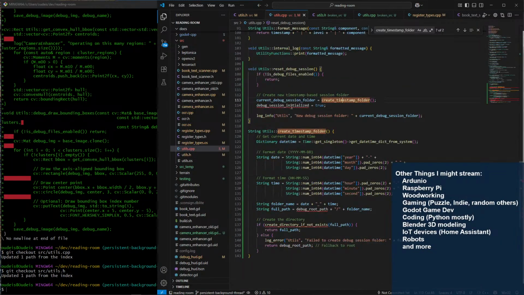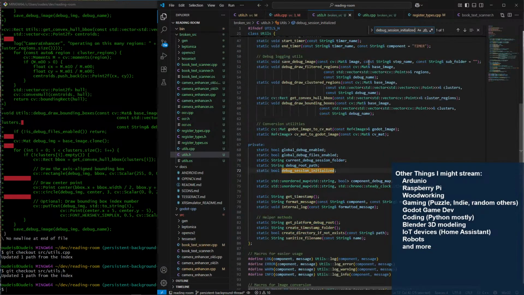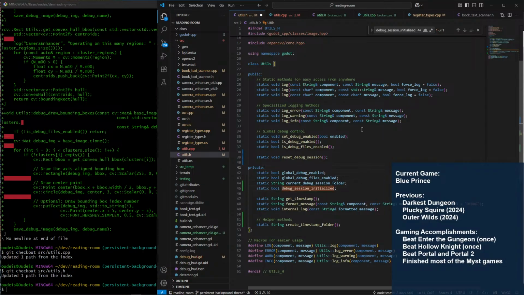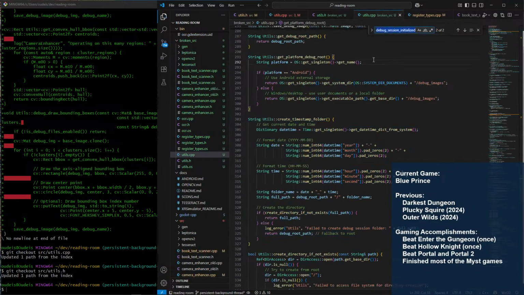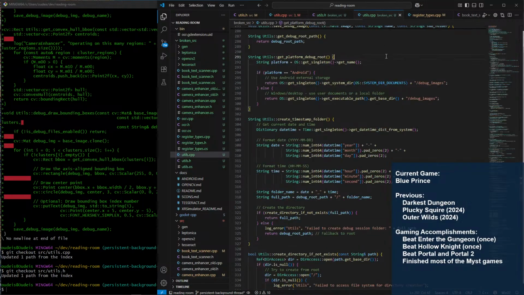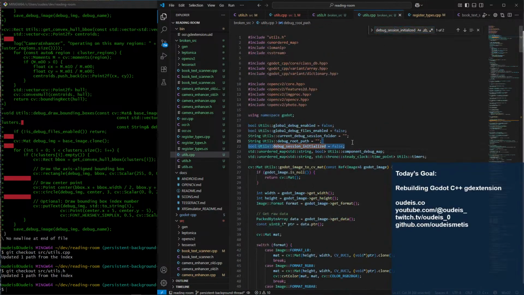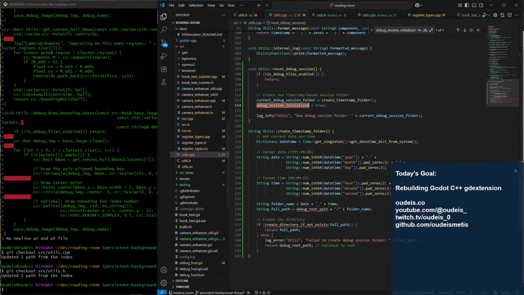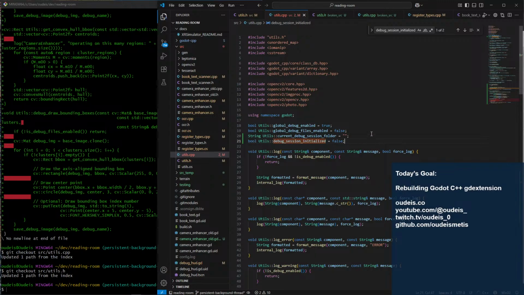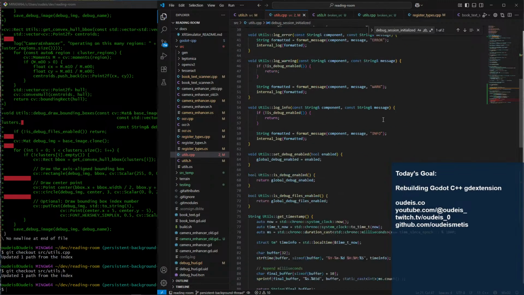So create timestamp folder is there. Debug session initialized is also another variable that's there. Nope. Not what I wanted. And this is at the top of the .cpp. Take it piece by piece, right?